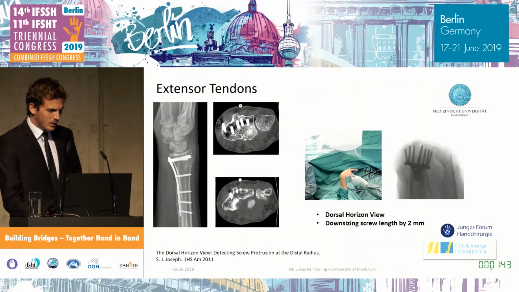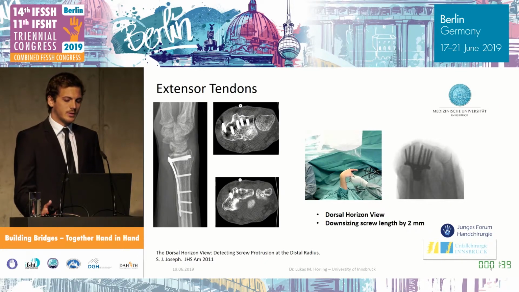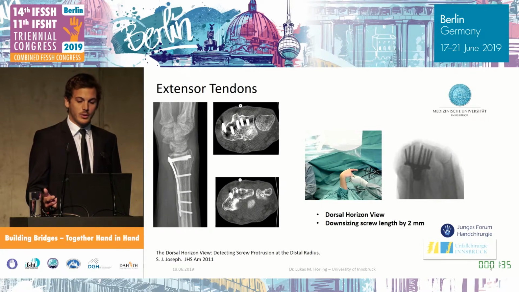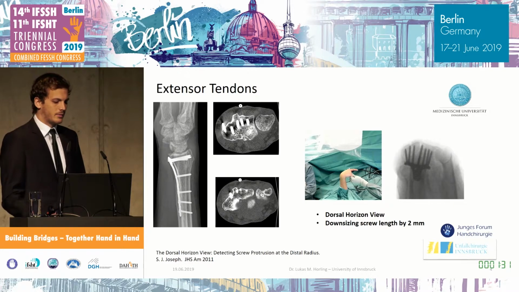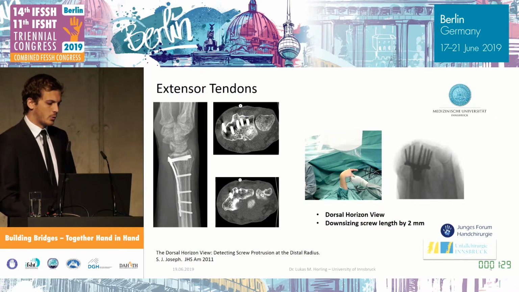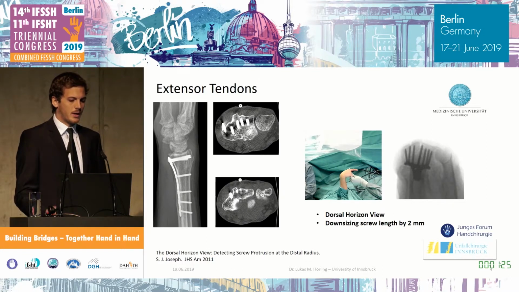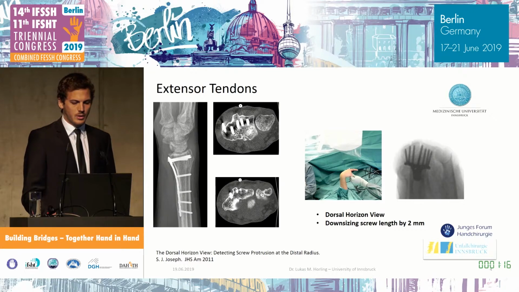In order to protect the extensor tendons, we routinely downsize the measured screw length by 2 mm. Furthermore, we perform a dorsal horizon view. This is necessary because, as you can see on the left side in this small example, the dorsal cortex of the radius can be veiled by the Lister tubercle in the lateral view, whereas the axial image in this case shows the truth, that the screws are too long and they